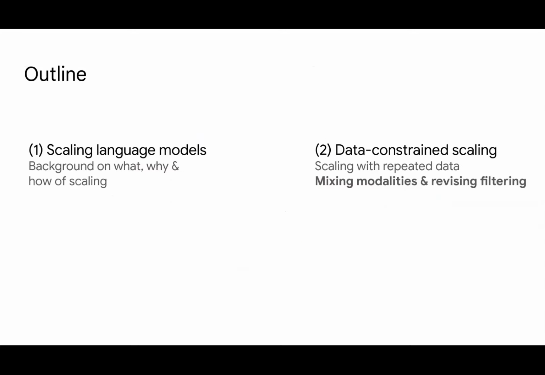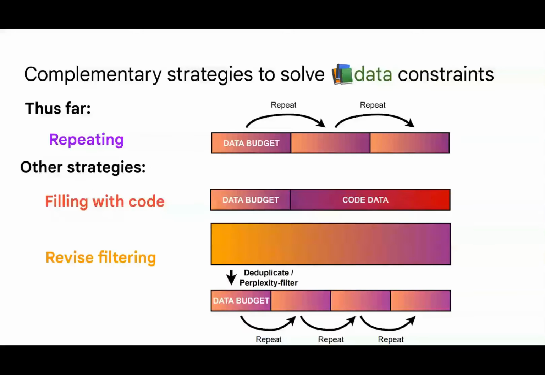So far, we've looked primarily at settings where data is constrained. While the results show that repeating data is promising, these results are somewhat pessimistic. They show that repeating can help, but that it is inherently limited. In this section, we consider alternative approaches without strictly relying on more tokens. We consider three different settings. First, we consider the repeating regime, which we have seen so far. Second, we consider an alternative approach where we fill out the remaining data budget utilizing code. As we've seen earlier, there is a large supply of code available on GitHub in terms of number of tokens.